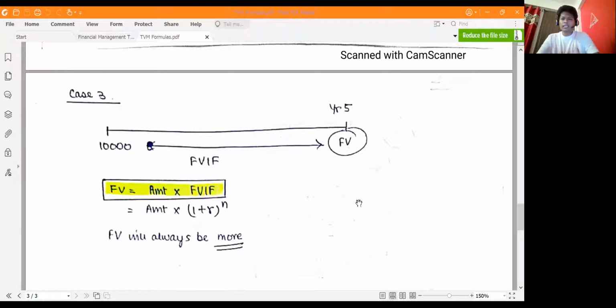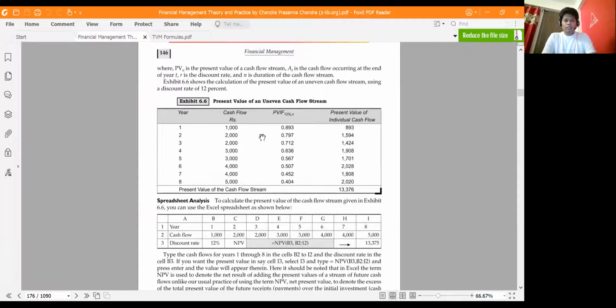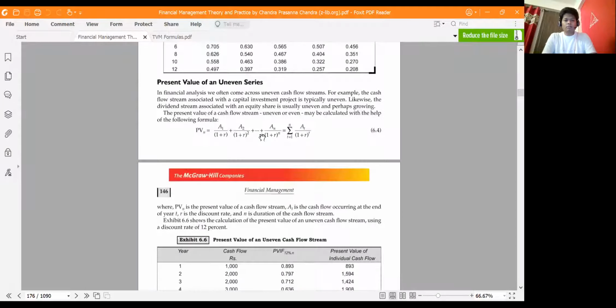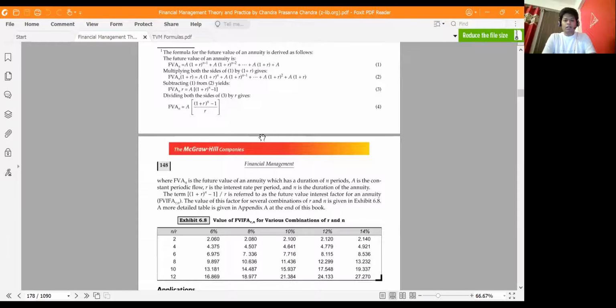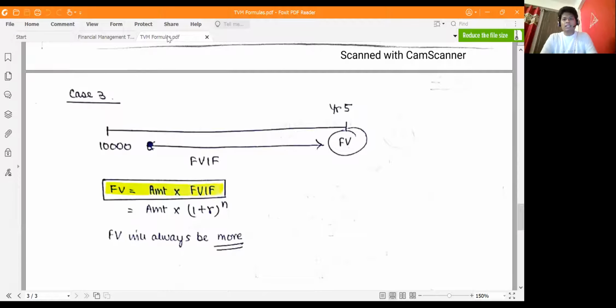Basically, if you can map out the cash flows, half of the TVM sums are done, right? So let me share my screen and show you how to calculate everything. Firstly, I'll talk about the formulas, then I'll go to some things in the book. I think Sir has also shared this study material, so you can go through this if you want, but I don't think most people will have time. I'll just go through the formulas first, and then we can discuss more things. So let's get started quickly.